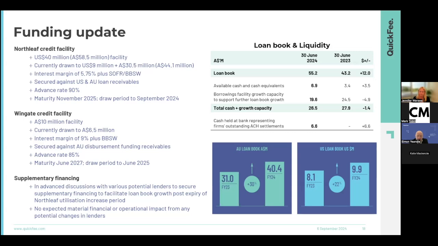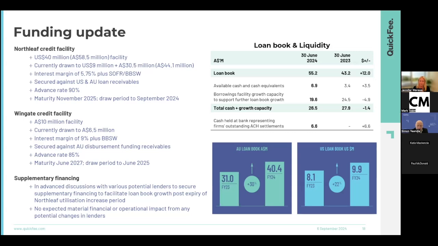We've summarised the credit facilities here, both Northleaf and Wingate. We're in the process of investigating supplementary facilities to first augment and then most likely replace in full the Northleaf facility, well in advance of that maturing in November 2025. Increases in the utilisation of that facility are unavailable from October, so we'll likely run 3 facilities until sometime in calendar year 2025. But we don't expect any material financial or operational impact from any changes in lenders we